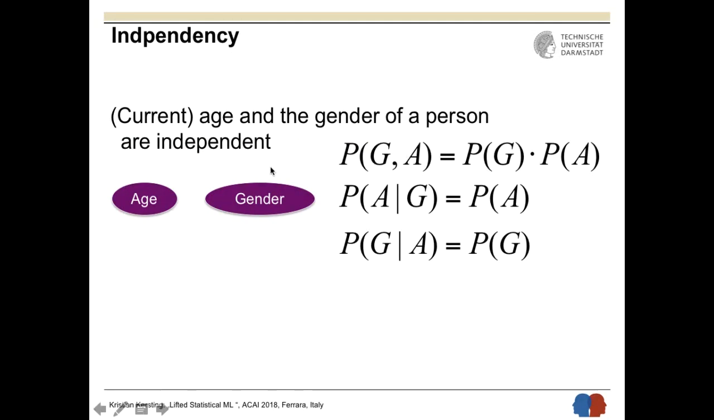So P of GA, gender and age, would then be P of G, the probability of gender, times the probability of age. And somehow here already, I was expecting that from the people in the back, you could now argue that there's apparently a dependency between gender and age,